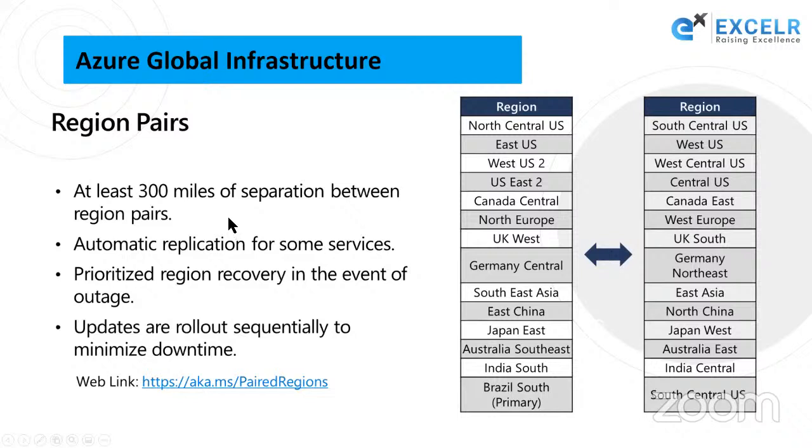That's what I've told you. So they will be automatically replicated between these two region pairs. By using this region pair, what you are getting is we are prioritizing region recovery in case of any event or outage. And then updates are also rolled out sequentially to minimize the downtime in this region. First they might do the patching or maintenance on one of the regions, and